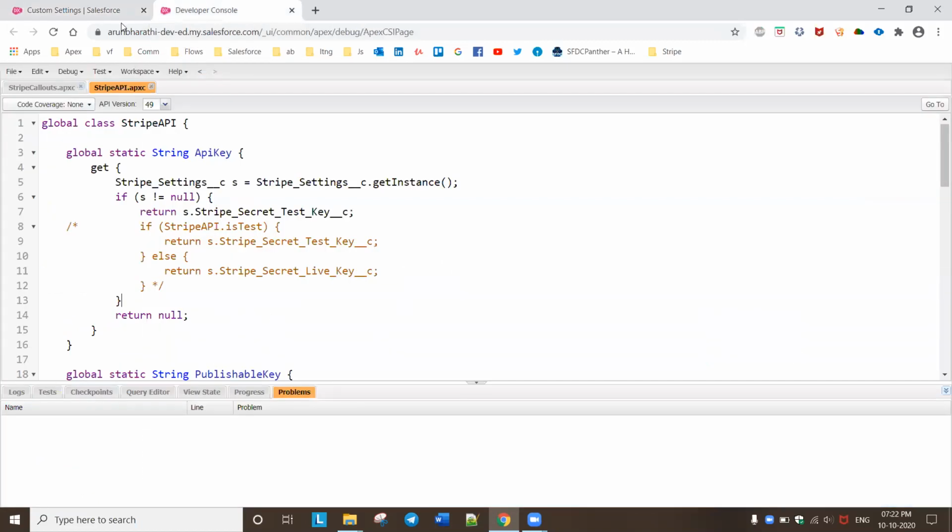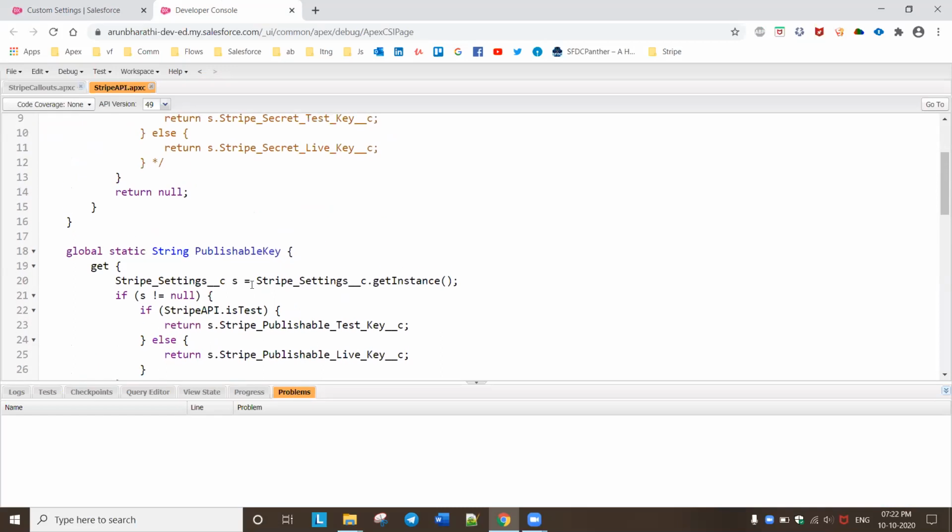Under the Stripe API class, I have one method. String API returns the secret test key. Yes, there are two keys: one is the secret test key and the other is the publishable key.